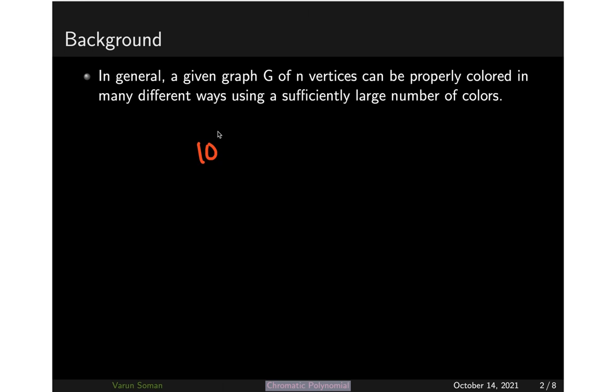Basically, a chromatic polynomial is a polynomial which gives the number of ways of coloring a given graph using the given number of colors or fewer. For example, it will be a function of x, like f of x. Suppose my value of x is 10. This chromatic polynomial will give the number of ways of coloring the graph using 10 or fewer colors. So if I substitute f of 10, I will get the number of ways. Such a polynomial which gives the number of ways of coloring a graph using x or fewer colors is called a chromatic polynomial.